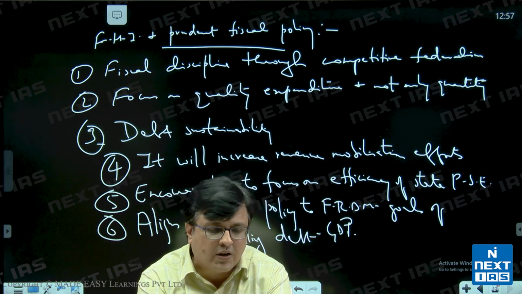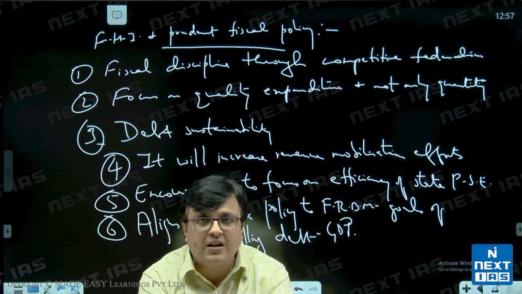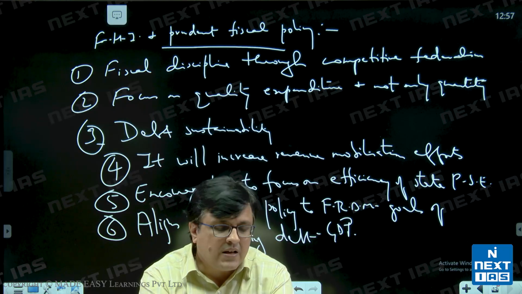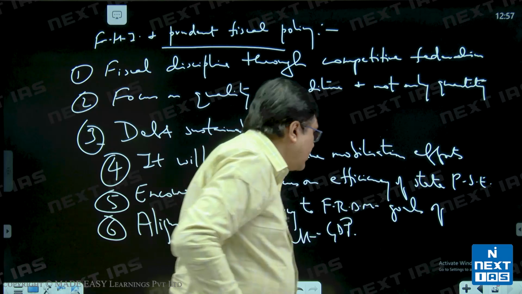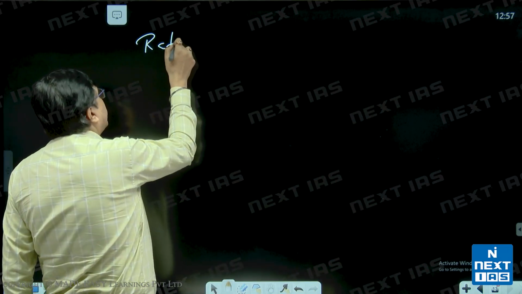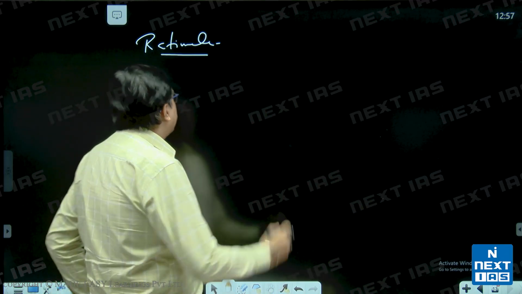So 40 words introduction. Now this question has 3 parts in fact: rationale, achievement and improvement. What is the rationale? What are the achievements? And what are the improvements that we see in that? So first of all, rationale. So 40 words you are writing on introduction. In rationale I will tell you some 5 points, in which you will write 10-10 words, 12-12 words, so that will become 60 words. So rationale, first of all,